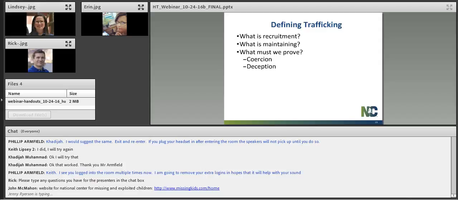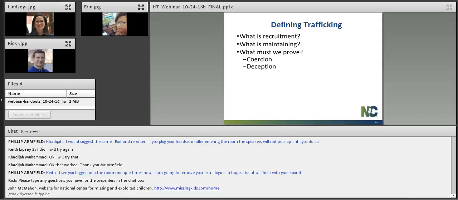So I just want to use that example. That trafficker, once he had sent that Facebook message and he was coming to pick up that victim in Sanford, North Carolina, he's already committed that first offense of human trafficking by obtaining someone for the purpose of sexual servitude. Once he drives to Sanford and picks her up and puts her in his car, he's now maintaining her for the purpose of sexual servitude. And that's that second statute,